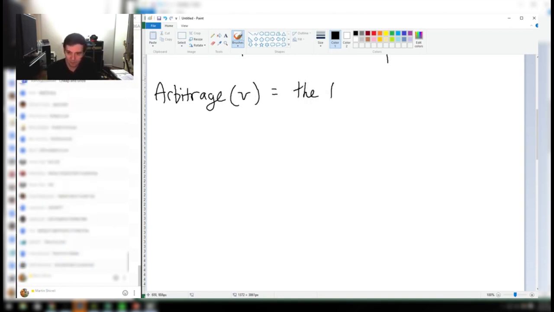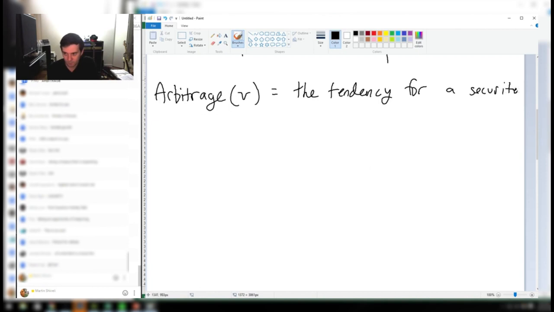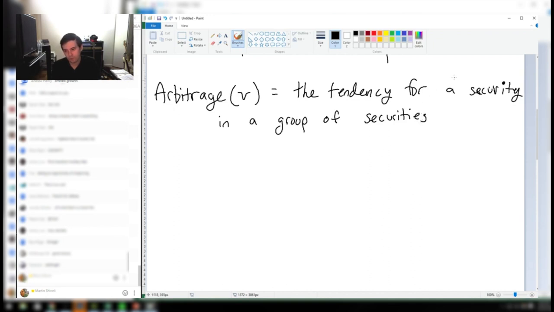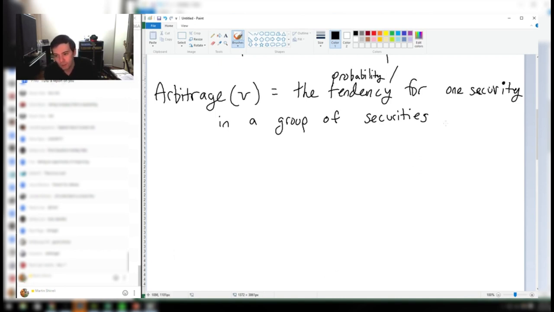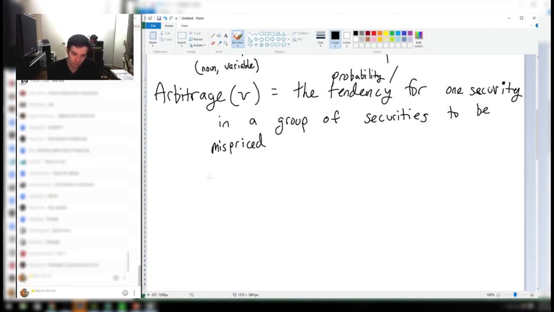Arbitrage is the tendency for a security, maybe one security, and we could say the probability or tendency in a group of securities, for one security in a group of securities to be mispriced. And obviously, we're going to use this as the noun for our self-described variable. We can also define it as a verb. To arbitrage something is to capture